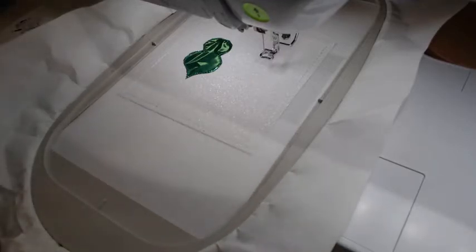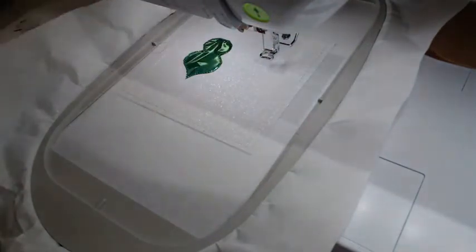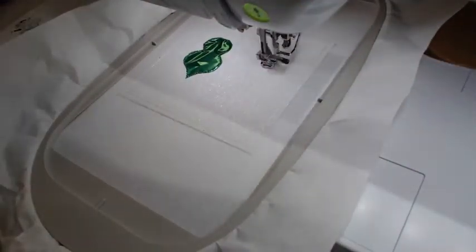And I want to make that one red. I think that's how, yep, that's how I did them. Make sure I didn't mix the colors up. I guess it wouldn't matter. So we'll do this one red. And I kind of like to match my thread to my appliques. I always have. So I usually just change the colors. I know it's one more thread change, but...